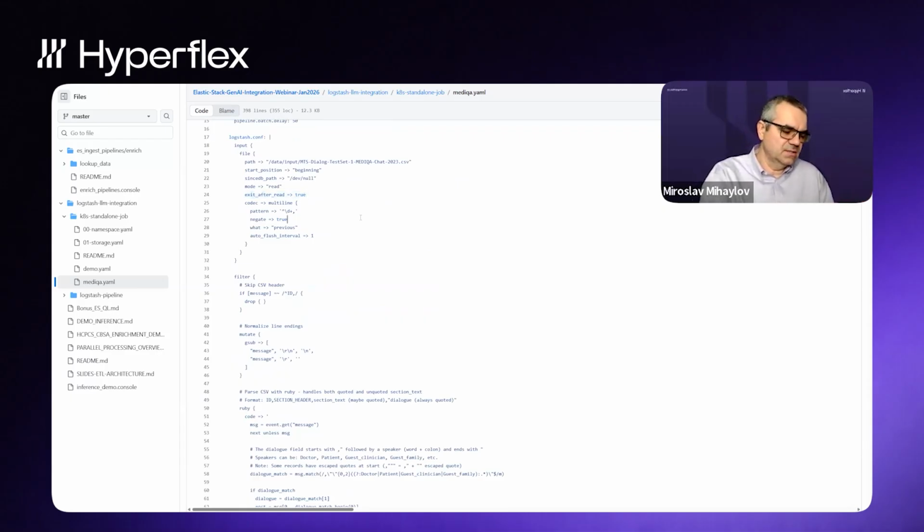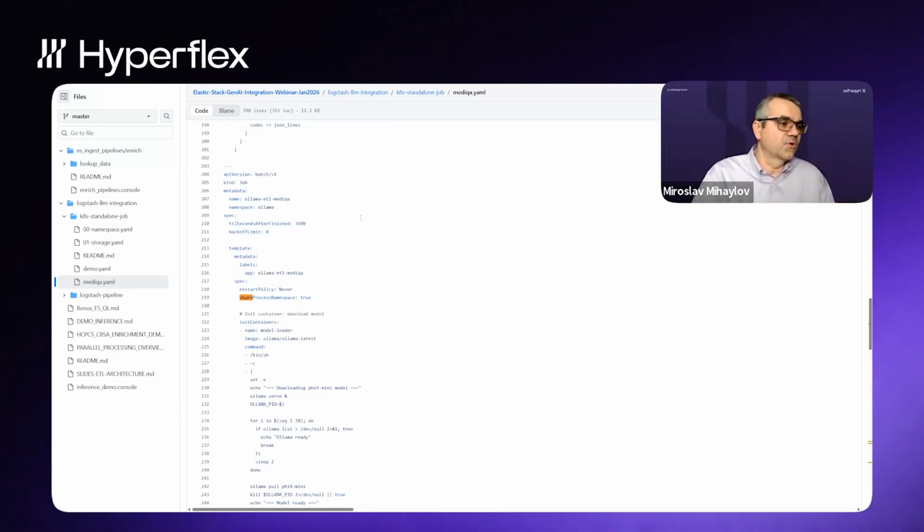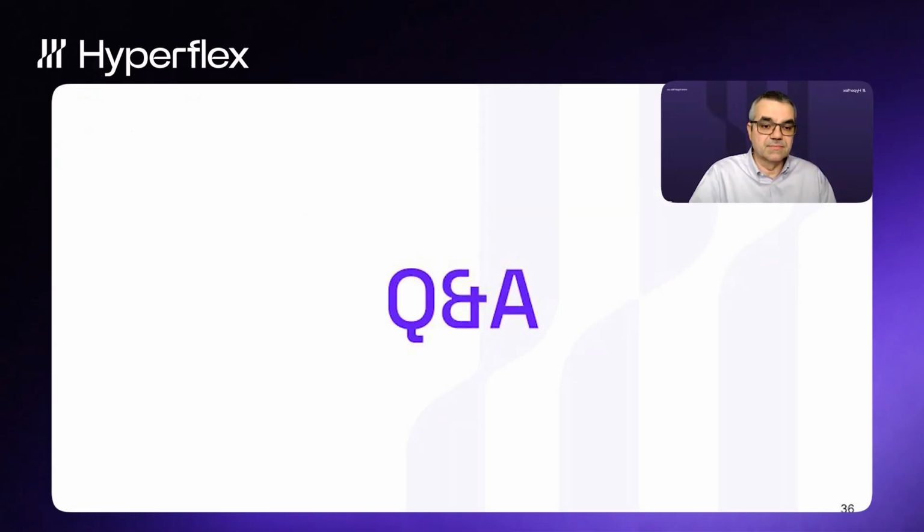There is also a shared process name. So Ollama is listening for Java. Once the Java Logstash terminates, the Ollama listener also terminates the pod and the resources get freed up based on some configured time. In this case, I set it to 5 minutes. And with this, I believe concludes my demo part. And open for questions now.